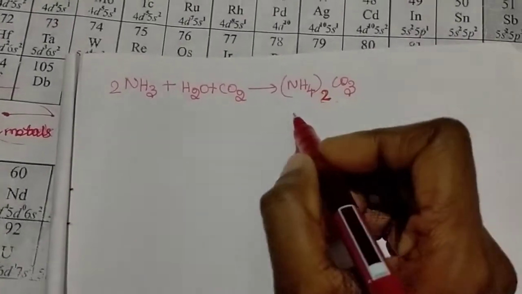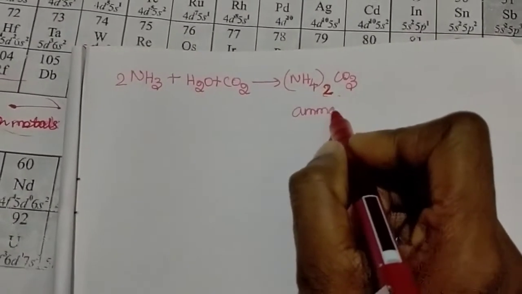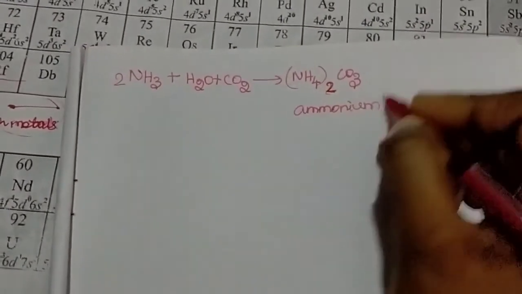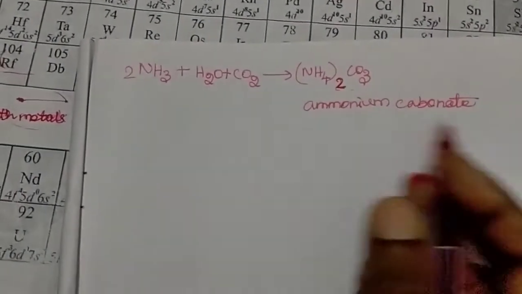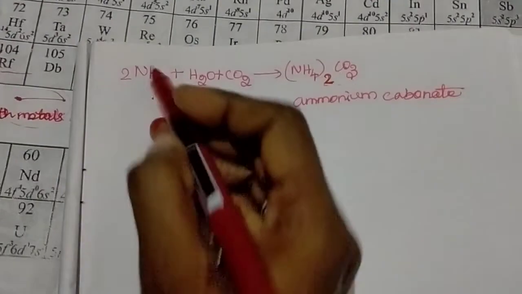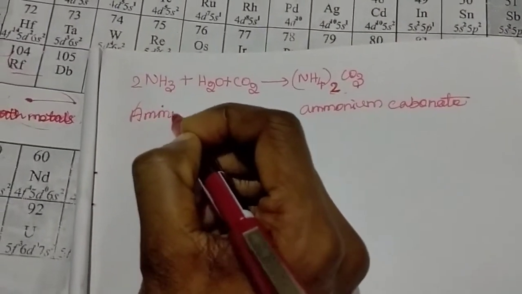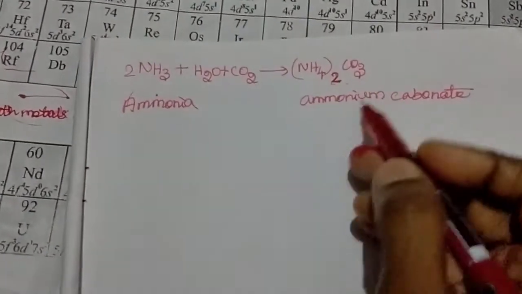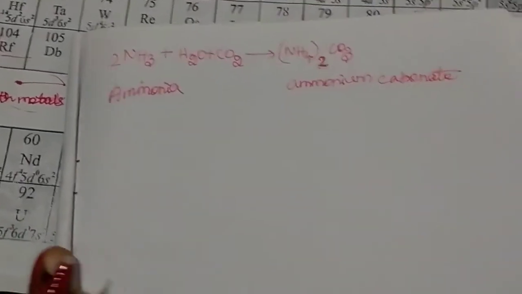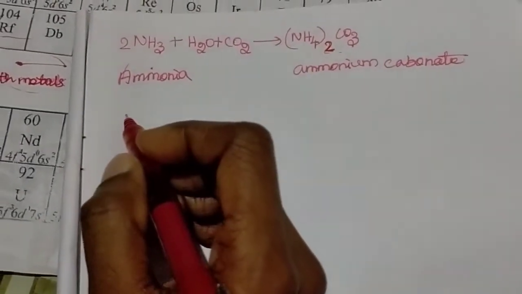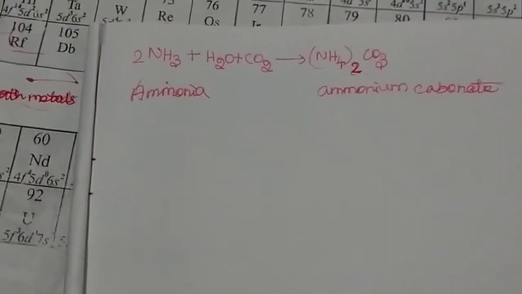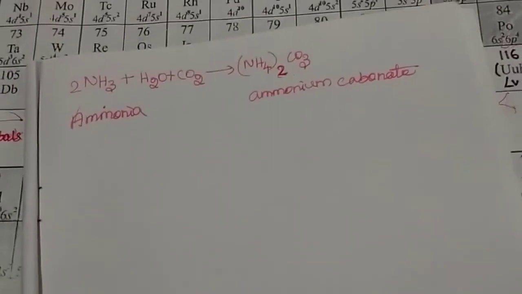So this is ammonium carbonate. You should write this equation like this: ammonia, and this is ammonium carbonate. Then this ammonium carbonate undergoes the reaction with excess amount